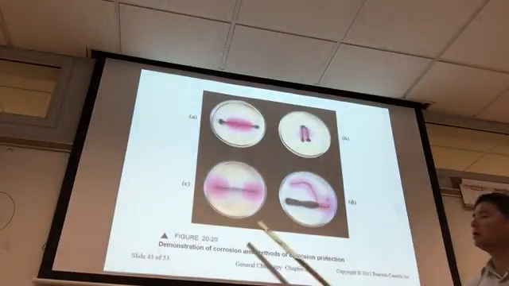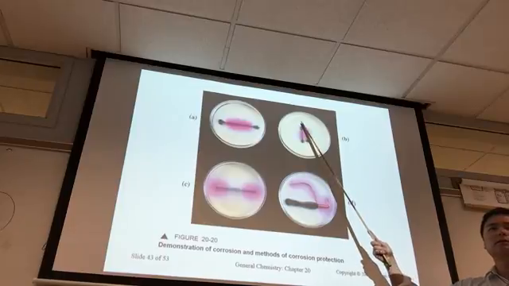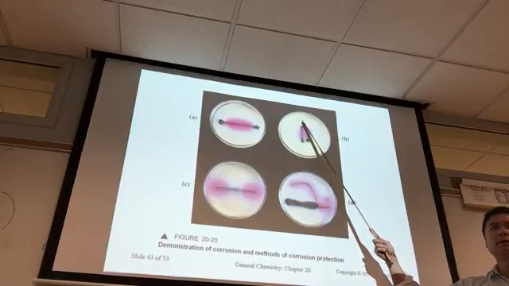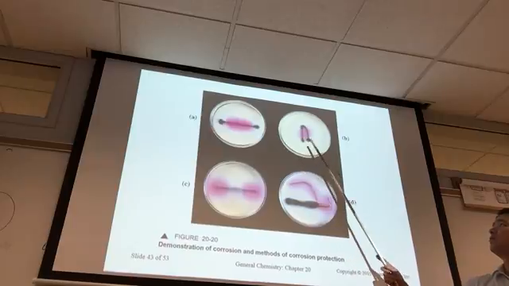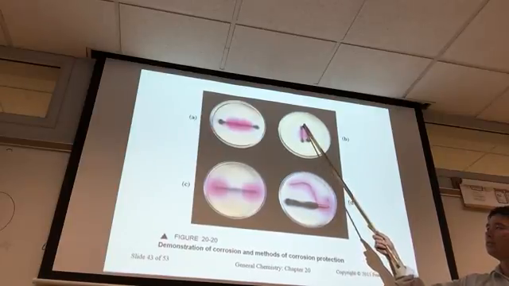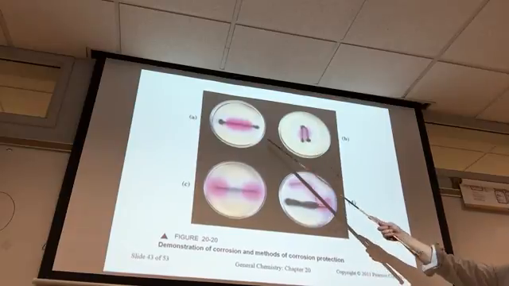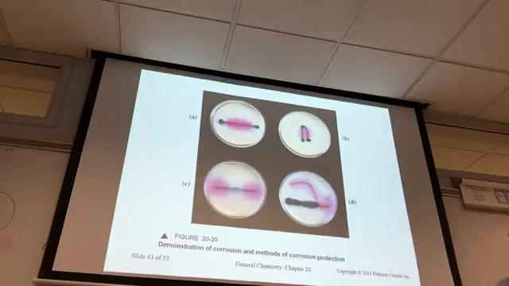Okay, this is showing we can create defects by making a kink. Whenever we kink metal, that creates weaker bonds. And so this is going to have 3 anodes. 1, 2, 3 anodes. Same reaction. All right, so these two are just corrosion of iron, A and B. All right, C is